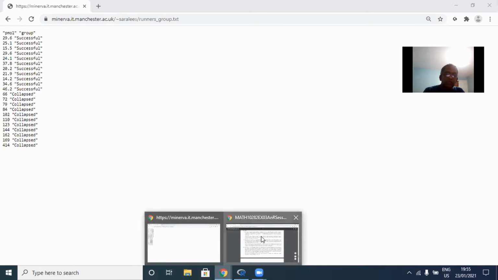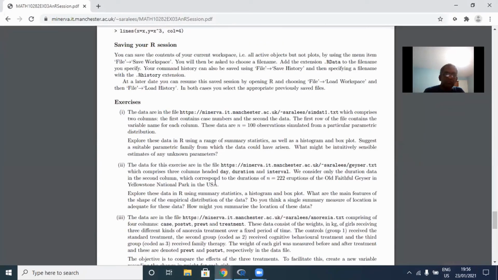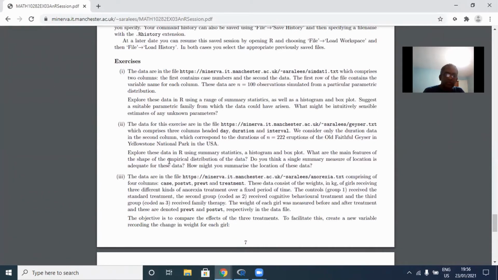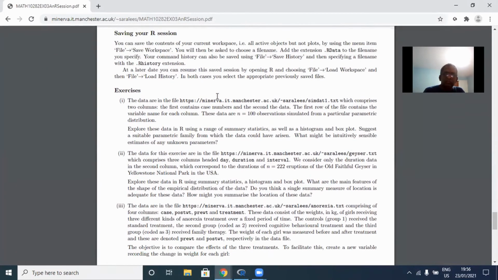tutorial sheet 3. We got up to this now. So the next thing we need to do is to do the 3 exercises. So I'm going to start with exercise 1, which is first we need to read the data set in this link, right? And there are 100 of them, and then do summary statistics, histograms, and box plots, and comment on their shapes. All right, so let's go back to